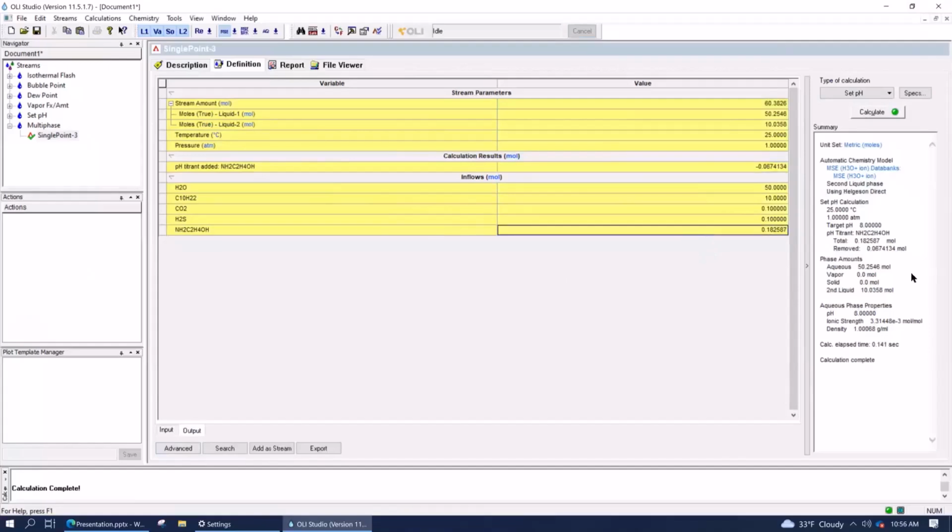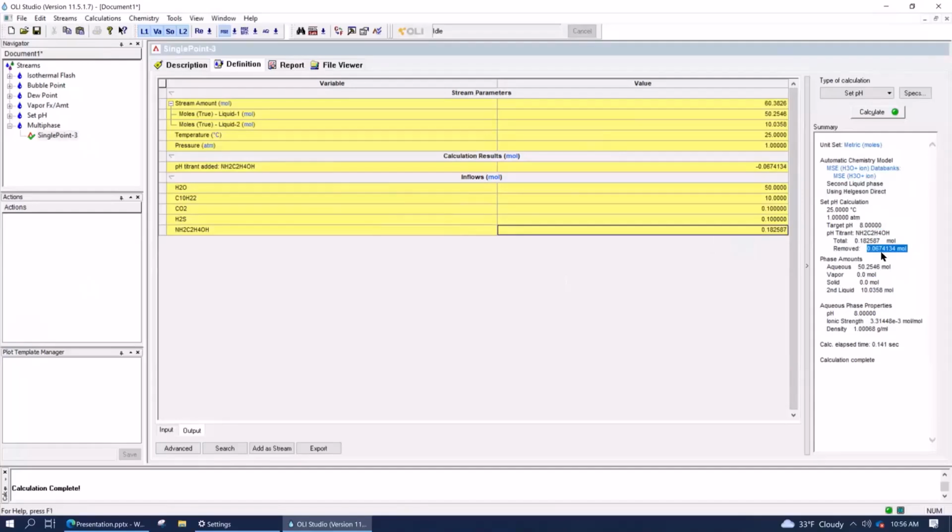And I want to explain what the summary section said. Like before, remember we added 0.25 moles of it. What the software says is all you need is 0.182 moles to get to pH 8. Our initial guess starting point was 0.25. So essentially it says, okay, I've got to remove about 0.067 moles of that. I needed 0.182, the initial guess was 0.25, so I removed about 0.067 of it. Now I've got essentially my pH 8 system.